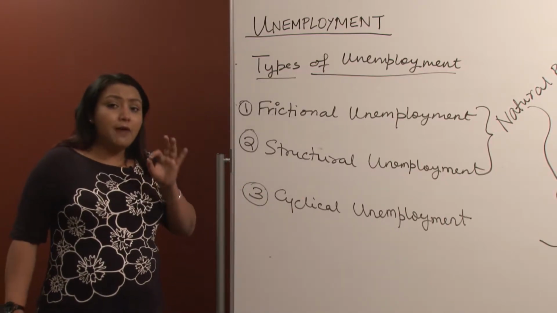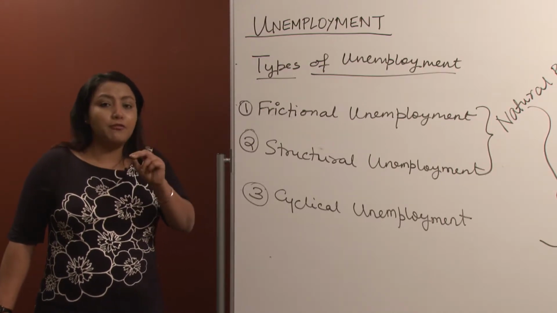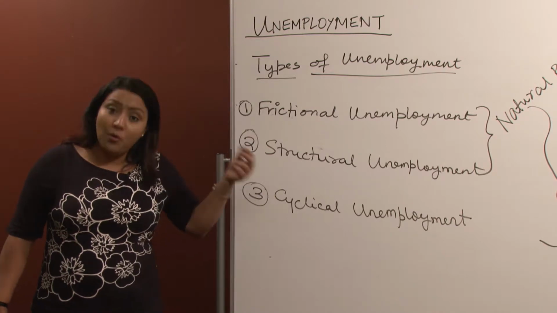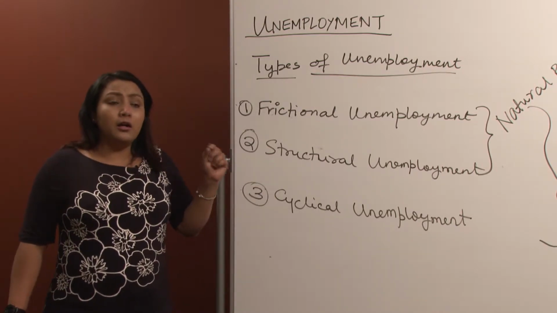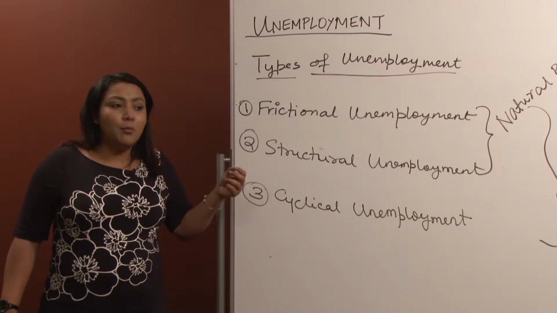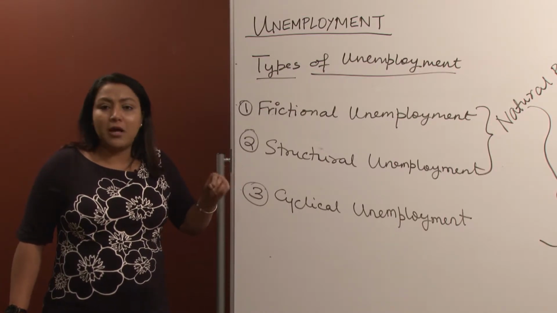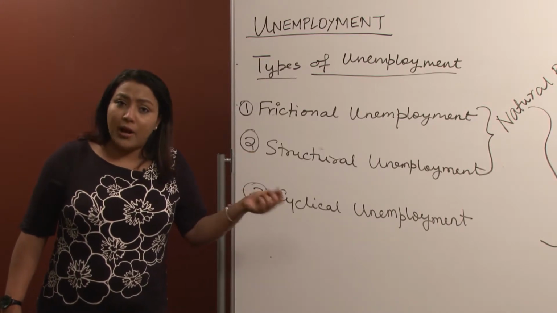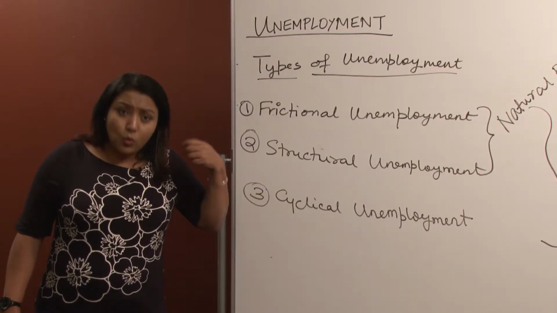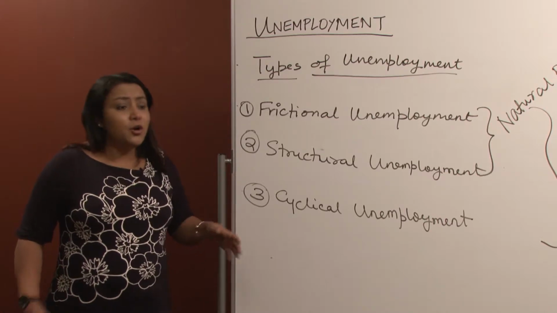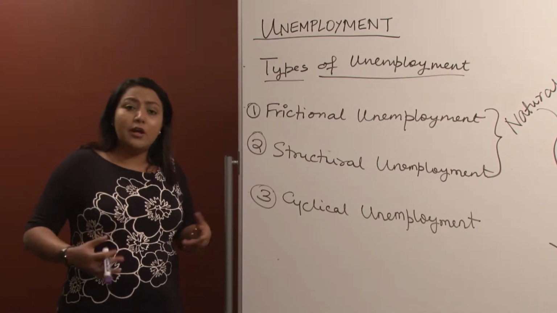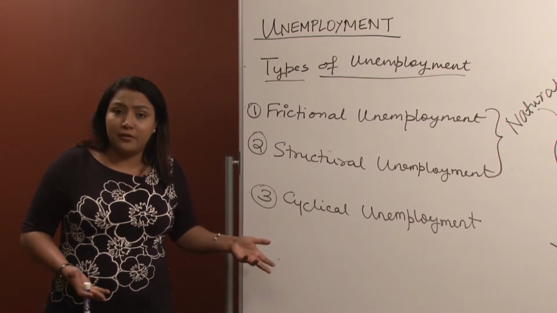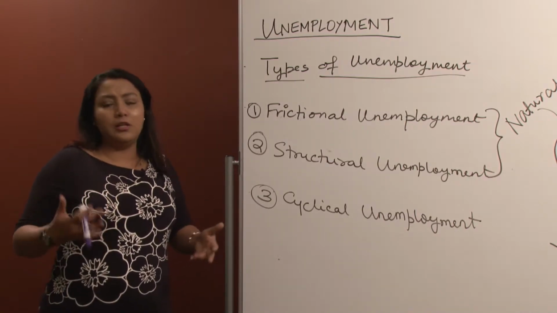And it is not necessary that you have to be replaced by technology, you could be replaced by superior manpower. For example, earlier a sales or marketing job could be done by a college graduate or maybe by a high school graduate. Now many jobs prefer an MBA marketing, right? So a superior worker is preferred. So anybody who really had the sales skill but did not have that MBA marketing degree may not be able to find that job, or may be fired, right? So that's a structural change in the labor market.